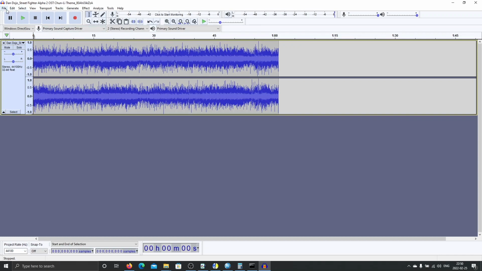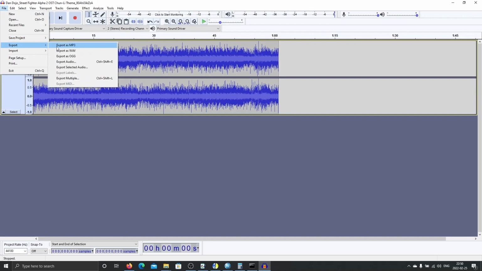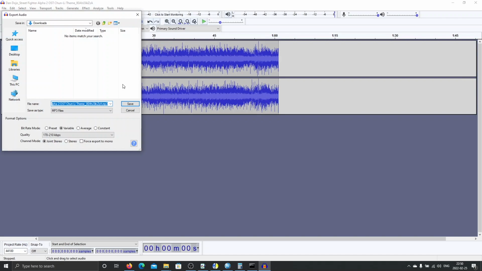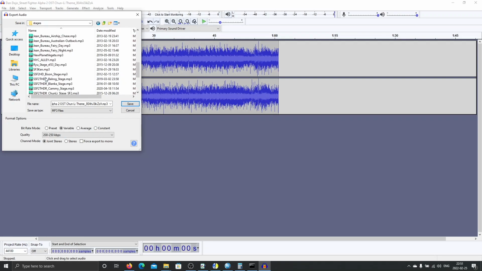And the next thing is, since this is AAC, we need to save it as an MP3, because the Mugen engine by default only supports MP3. And we export the current one to MP3 format. For the bitrate mode, I personally favor the variable mode, and a quality of 200 something is already very good quality, especially for Mugen. And I will export the MP3 right beside the stage file,